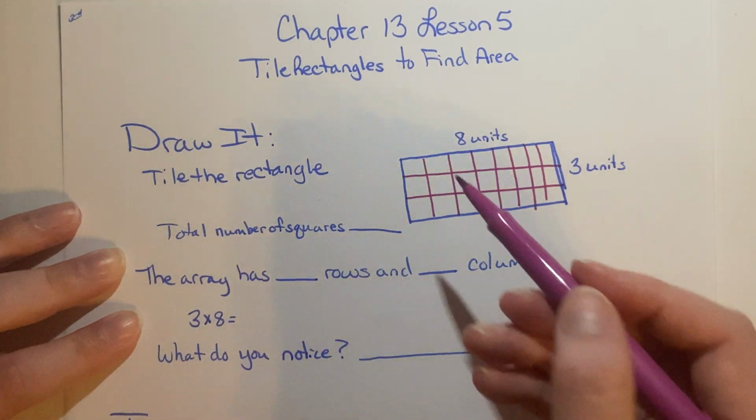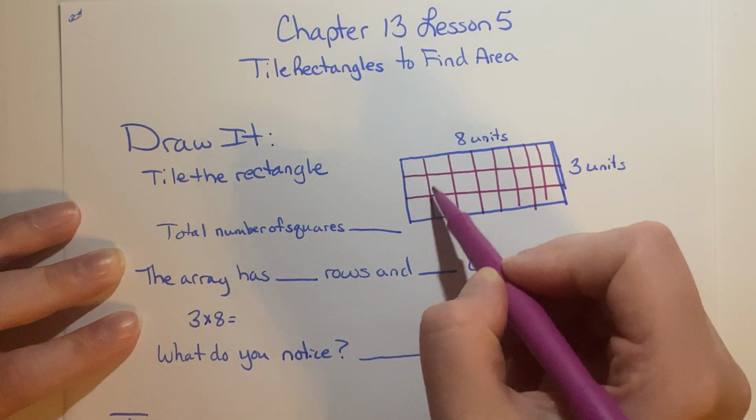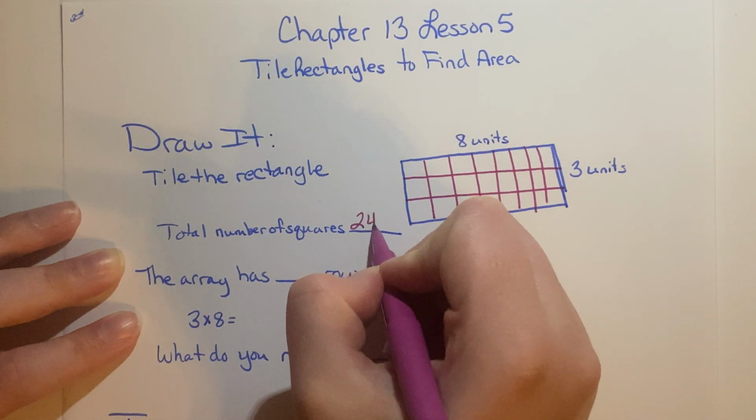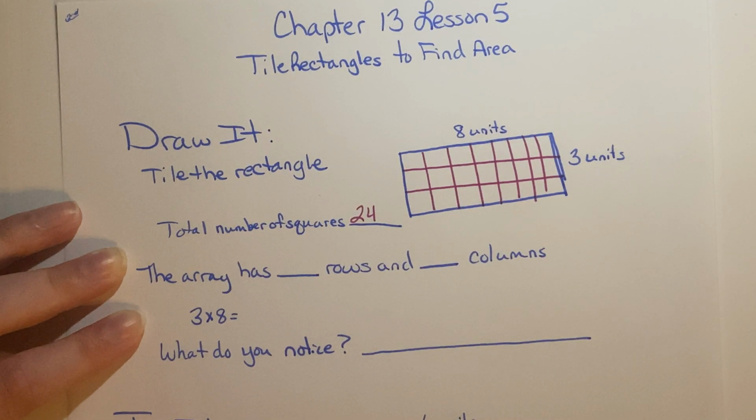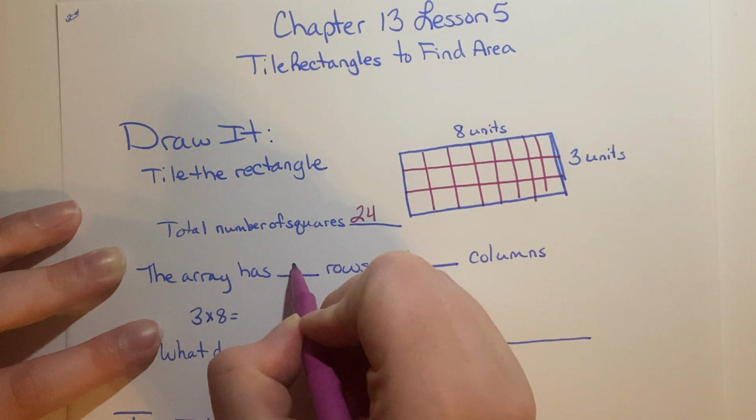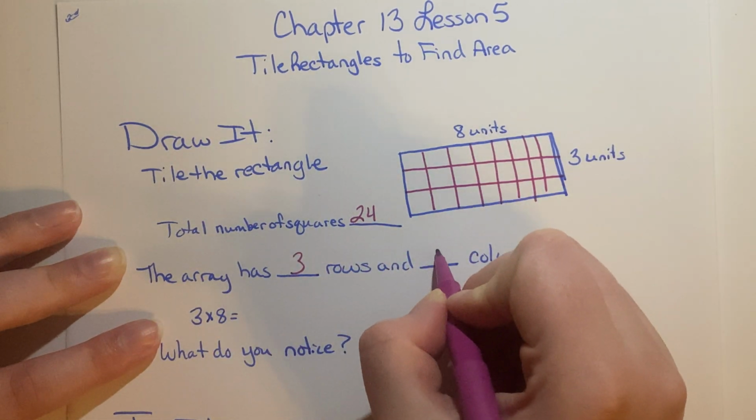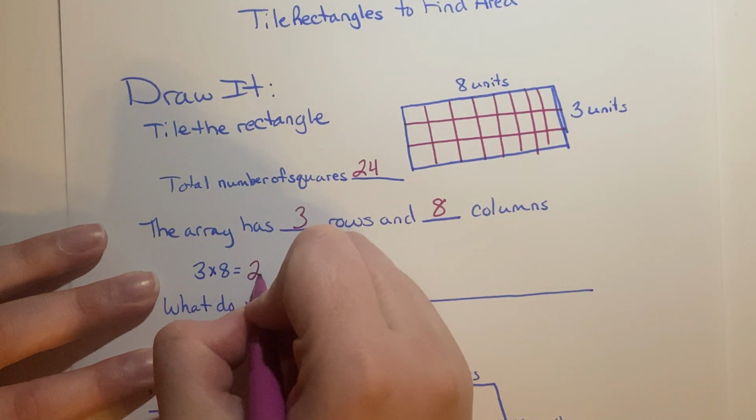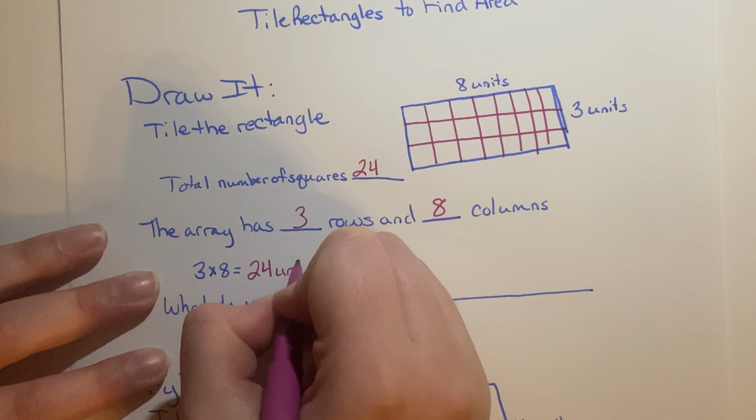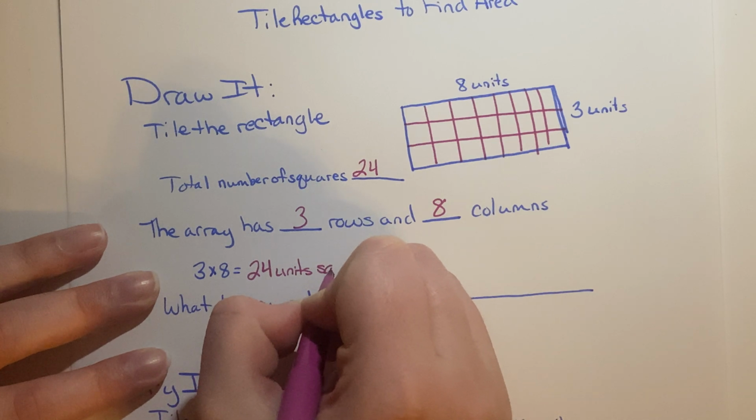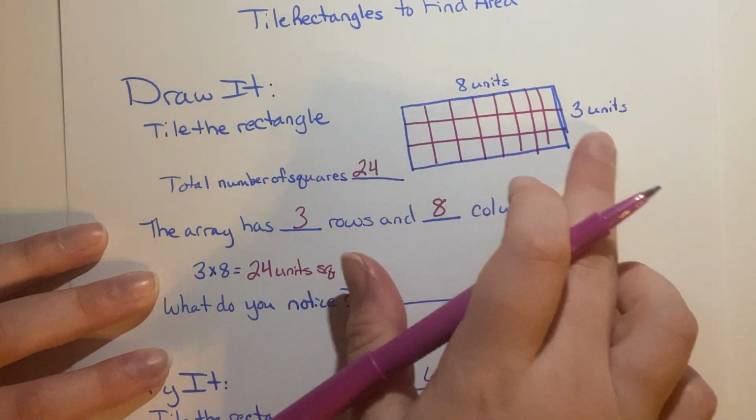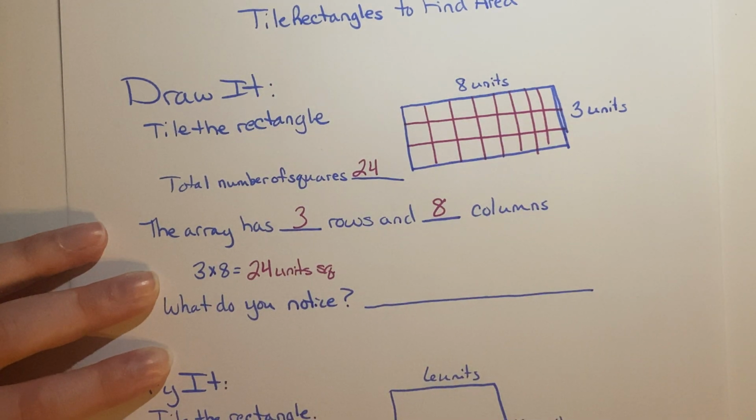Now we figure out how many there are. So there's 3 in each column. So that would actually make it 24 squares. Okay, so the array has 3 rows and 8 columns. So 3 times 8 is 24 square units. I forgot to put the square in front of that. What do you notice? Well, if you multiply the rows and columns,